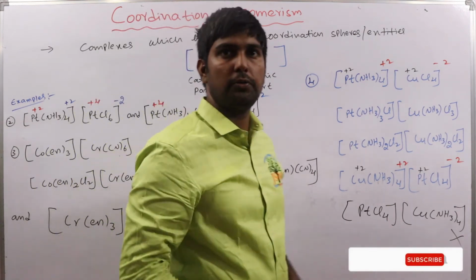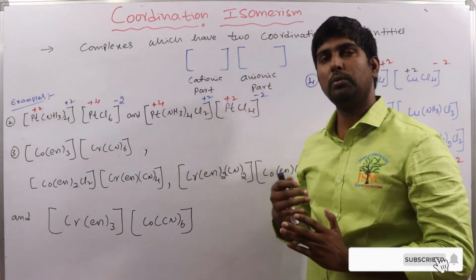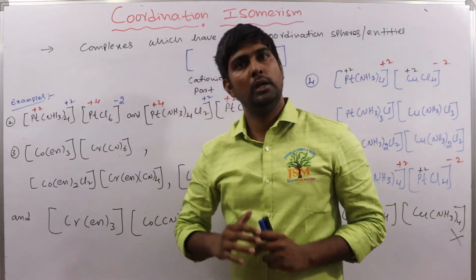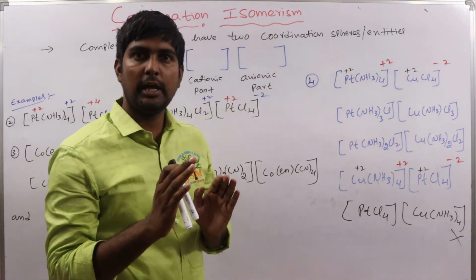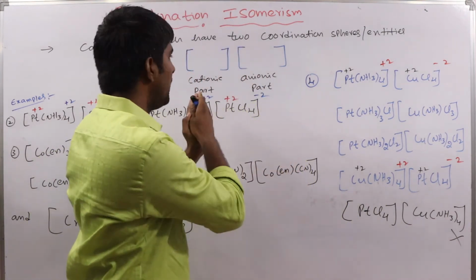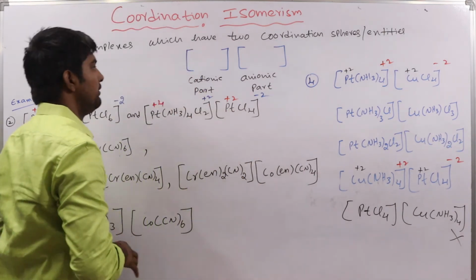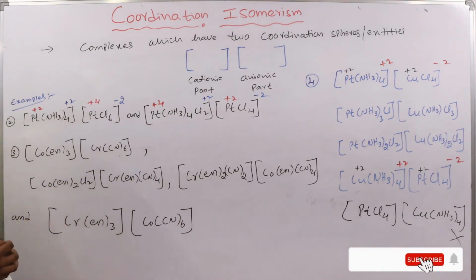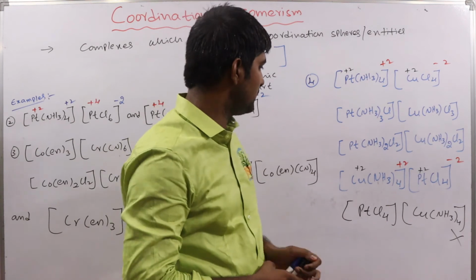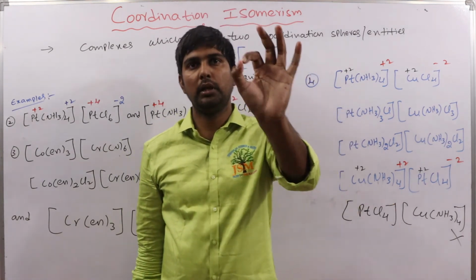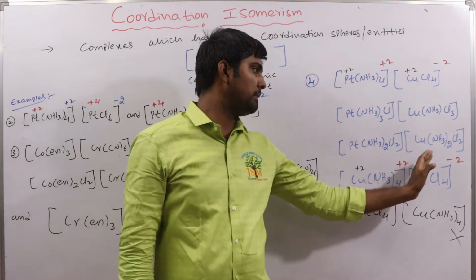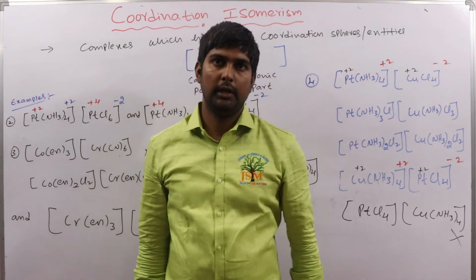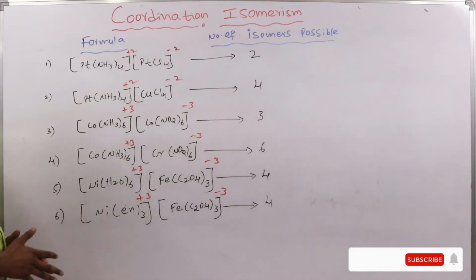Okay, so this is about the coordination isomerism. Very simple how to identify. First of all, they must have the two coordination spheres, same molecular formula. What is happening? Simply exchange or interchange of ligands taking place between the cationic part and anionic part. Okay, so we have some different examples here. Okay, one thing you must focus on this one. Okay, remember that always anionic part must be on the right side, cationic part must be on the left side. Clear? So let us see the summary of this lecture.